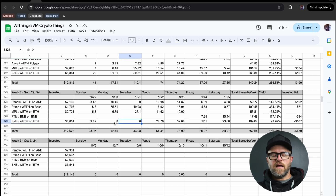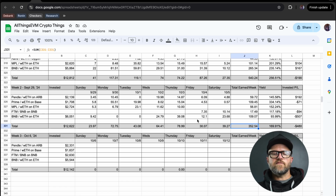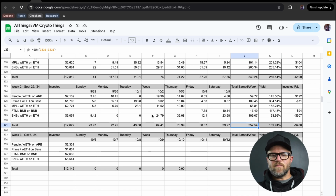We had some higher gas fees Monday and Tuesday. I didn't get to rearrange this, and because of that, I did lose out on probably about $50 worth of fees there. I probably would have made 400-ish in fees if I had left that in range. However, I didn't want to spend that much. I would have spent probably $20, $30 in gas money